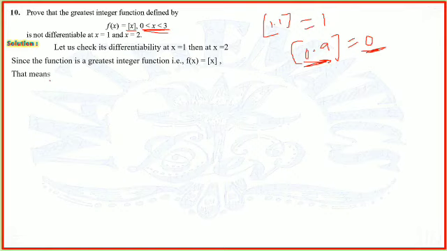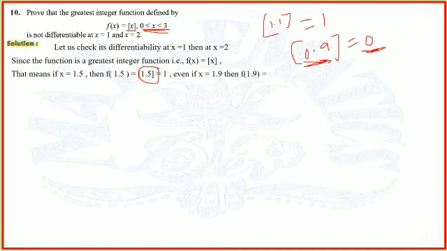That means if x equals 1.5, for example, then f of 1.5 equals greatest integer function of 1.5, its value will be 1 only. Even if x is equal to 1.9, in that case also its value will be 1 only, because f of 1.9 is equal to greatest integer function of 1.9 equals 1. So we use this definition